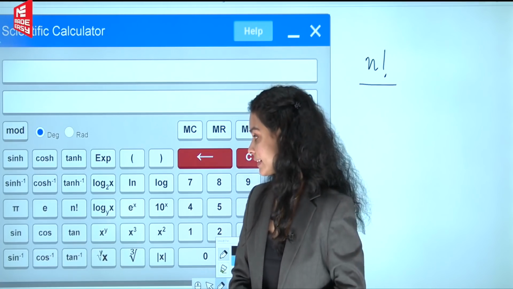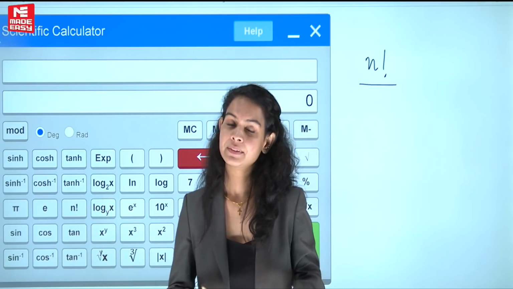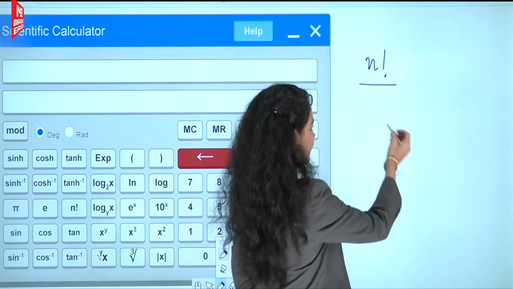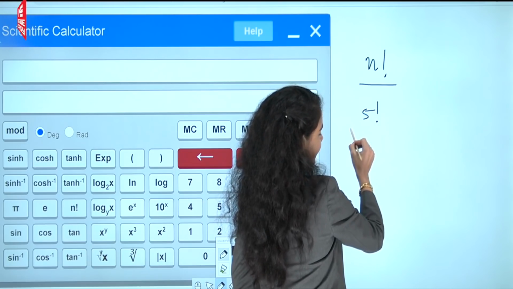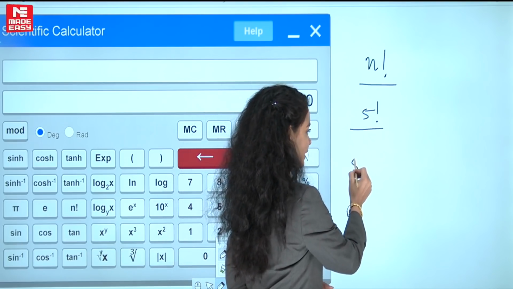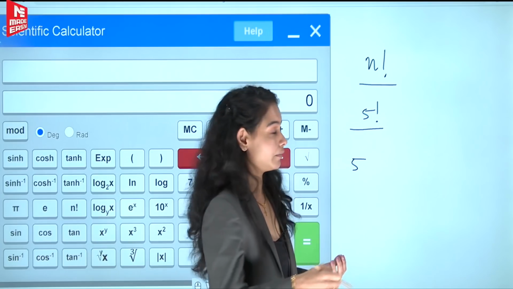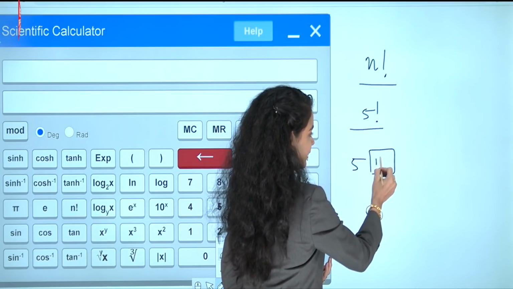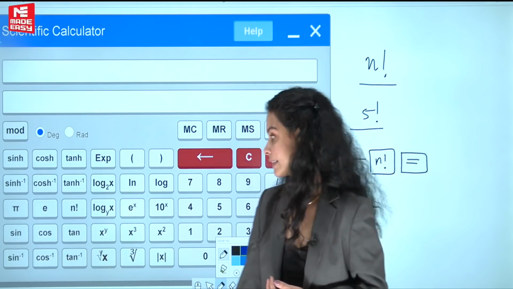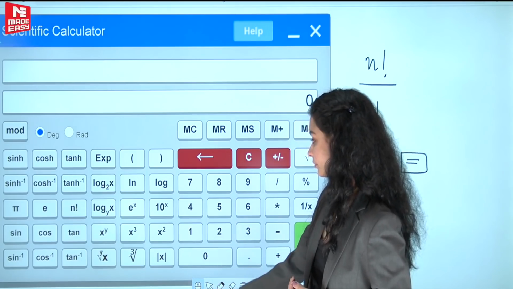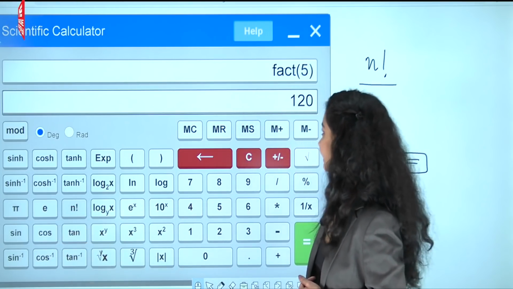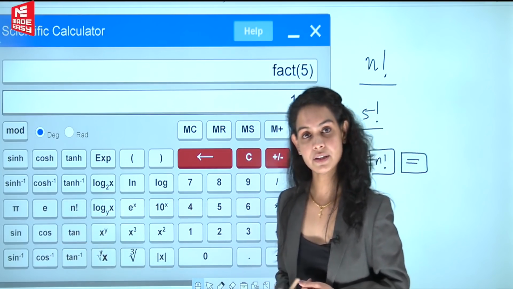Now next, let us see how to calculate n factorial. So any factorial, if you want to calculate, let's say 5 factorial or 6 factorial, again, as I said, let us say we are calculating 5 factorial. The value of x here is 5. So first enter the value of x, which is 5. Then you need to enter the function tab, which is n factorial. So then you will be pressing n factorial, then press equal to, you will get the answer. Let's perform this. So 5, that is the value of x, n factorial is found here, and then you press equal to, there is your answer.